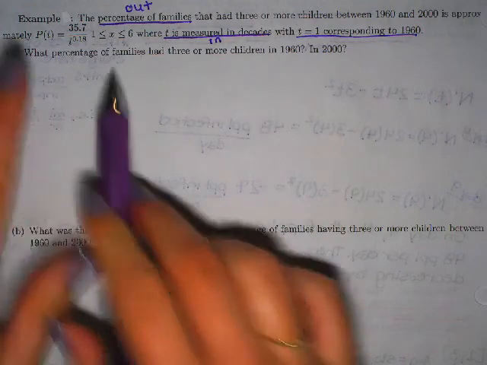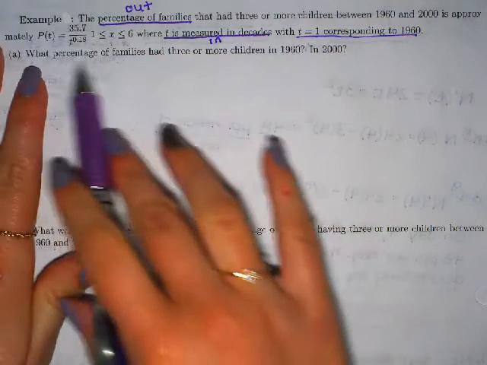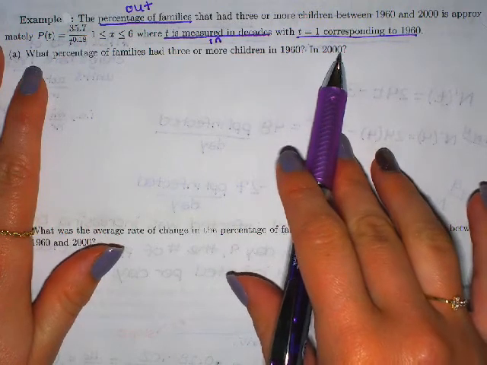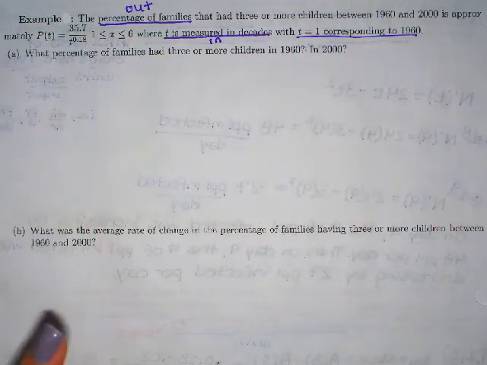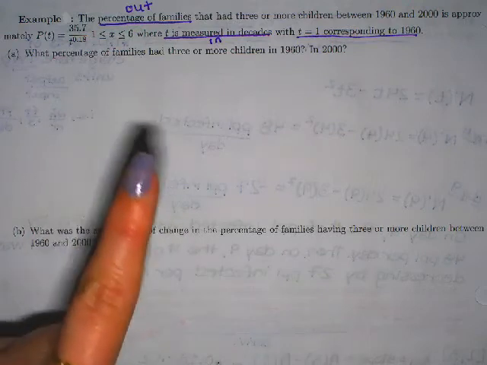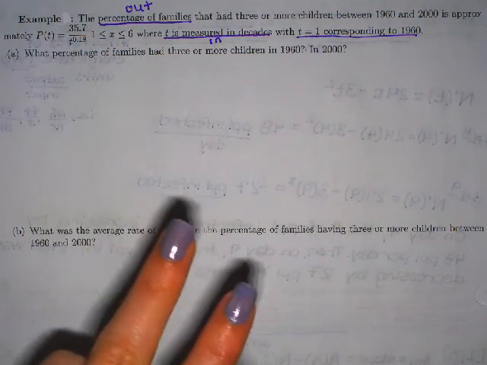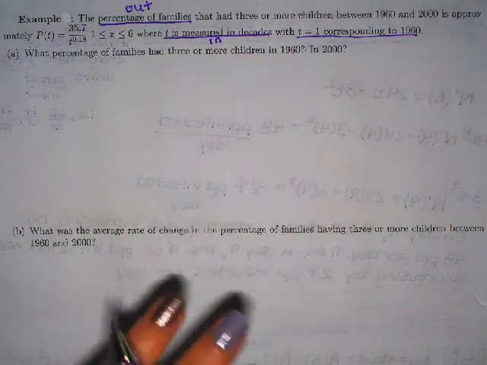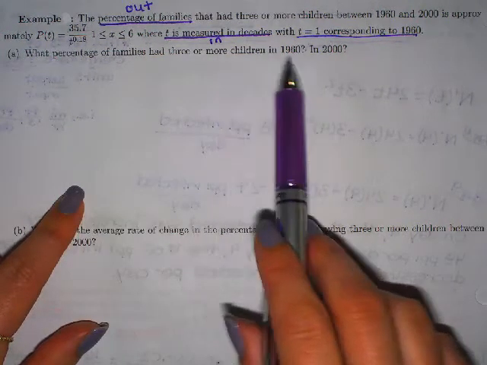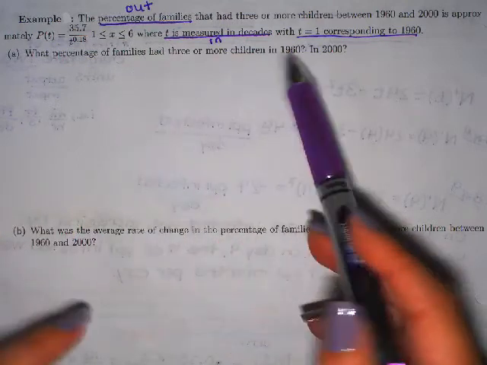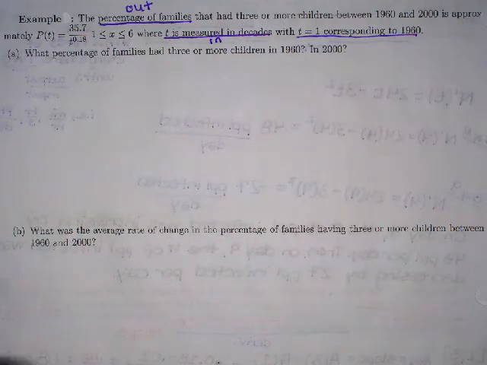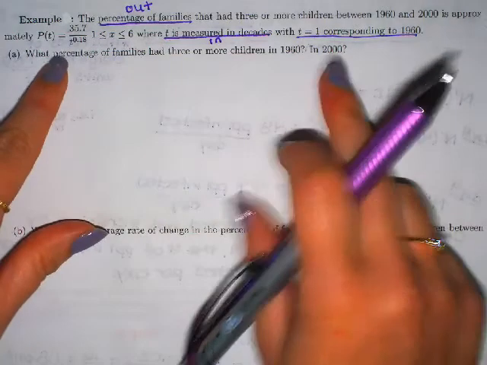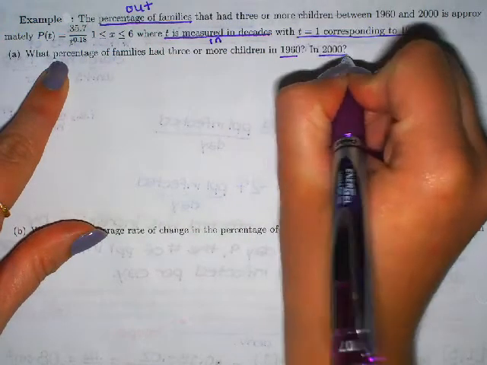So the first part says what percent of families had 3 or more children in 1960, and then it says what about in 2000. So remember, on all these word problems, we're plugging into, it could be the original, and if you see change, that means it could be the slope if it says average change, or if it says change at an instant, then it's definitely the derivative. But this one, I don't see the word change at all. It just says what were the percent of families in 1960 and then in 2000. It doesn't say how fast were they changing between those 2 years or anything like that. So if I don't see the word change, I'm going to plug into the original for 1960 and 2000,